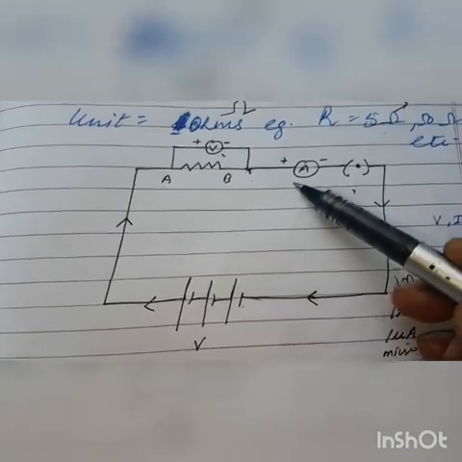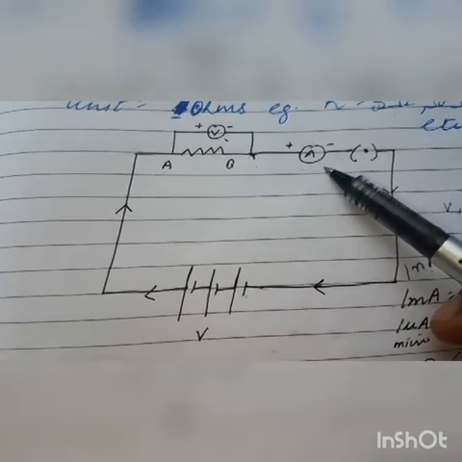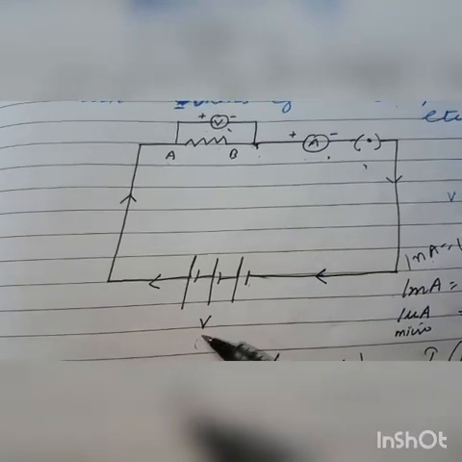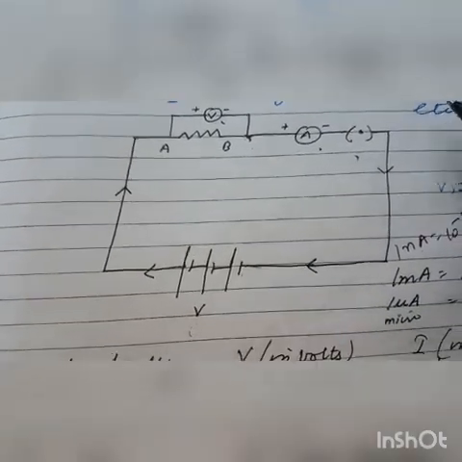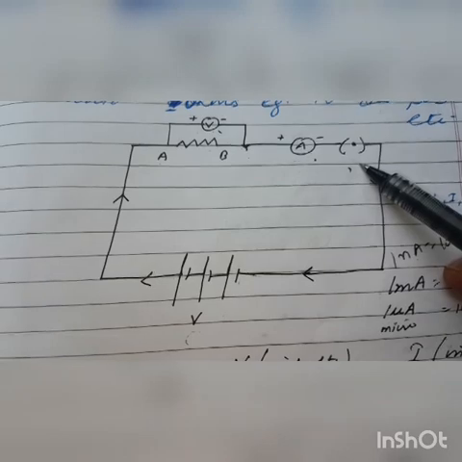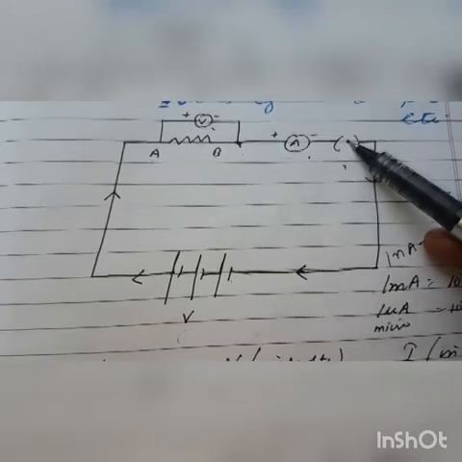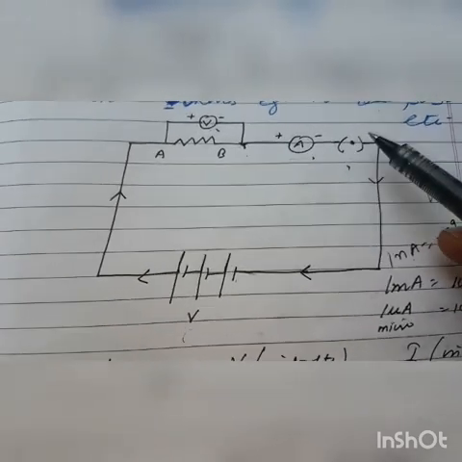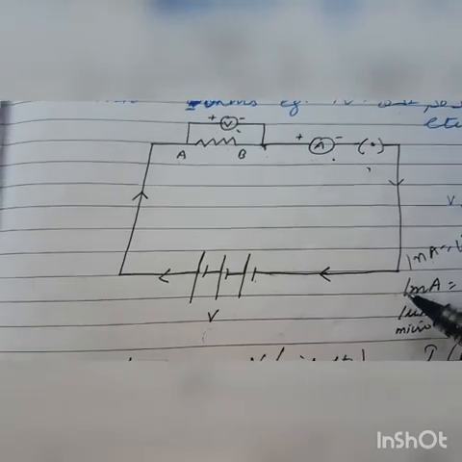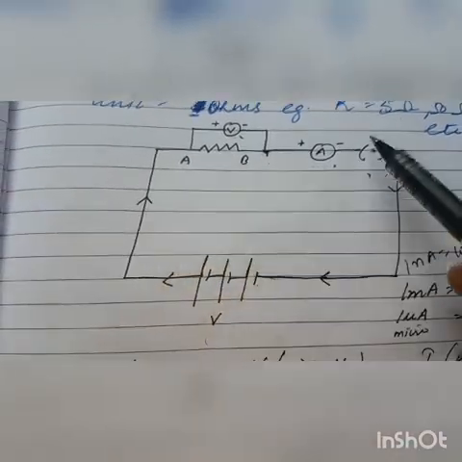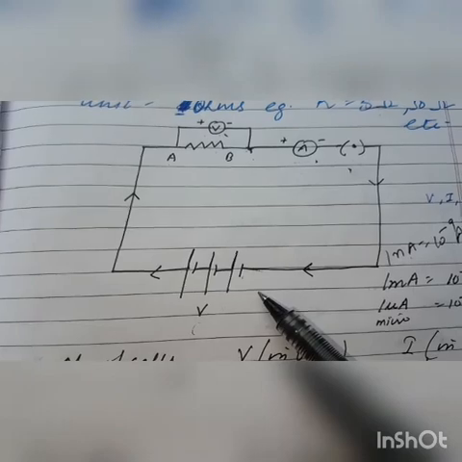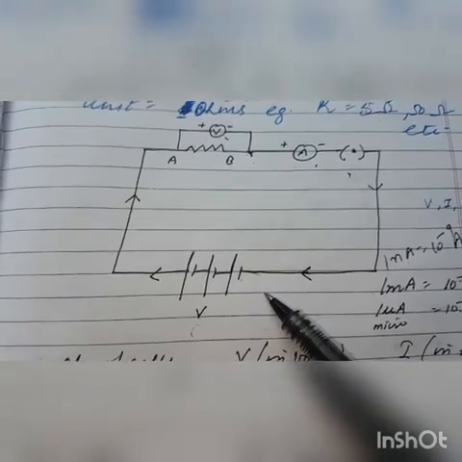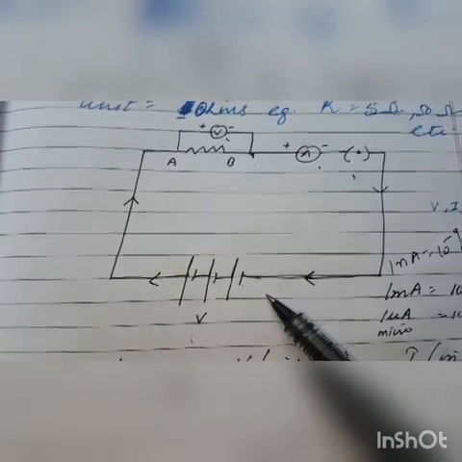This is the ammeter, which is used to measure electric current flowing in the circuit corresponding to this value of potential difference. This is the key. The key is closed. You have seen this dot, that means the key is closed, so the current is flowing through the circuit from positive terminal to negative terminal. So this was all about the circuit. Next we are going to do the activity part.